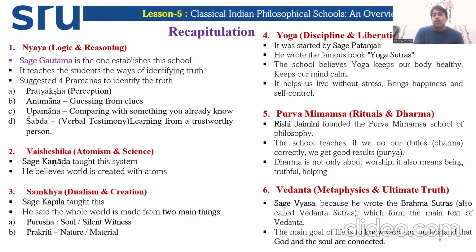5 senses you need to rely on. Either you can smell it, or you can taste it, or you can see it directly, then only you can believe that it is a truth. That is one way of identifying the truth. That is pramana 1. What is pramana 2? Anumana is another way of identifying the truth. That is nothing but guessing from the clue, having some kind of suspicion on somebody based on the clue.